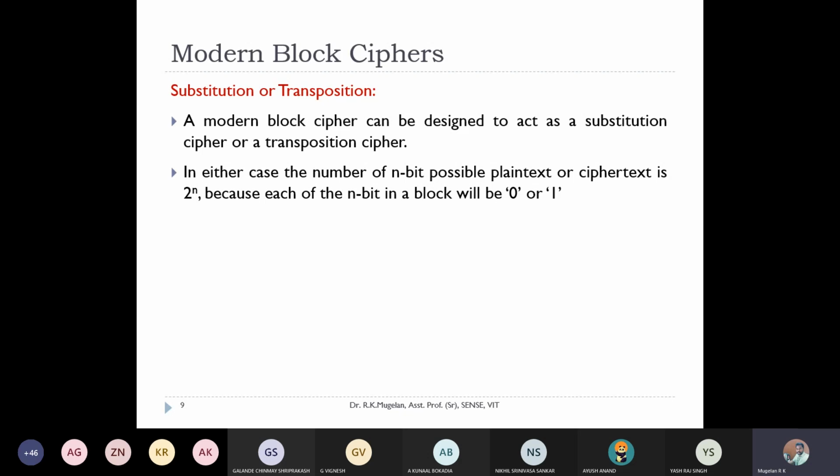To be in layman's language, simply speaking, in a substitution cipher I'm going to replace each and every character with another character. Whereas in a transposition cipher, I'm going to simply change the position of the characters. That's the major difference between substitution and transposition. Kunal, what you just said is closer, but in layman's language this is an easy way to remember. Substitution, I'm going to substitute the existing character with another character, while in transposition, I'm going to simply change the position of the characters. That's all, right?